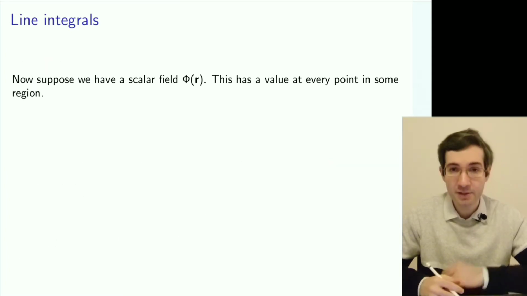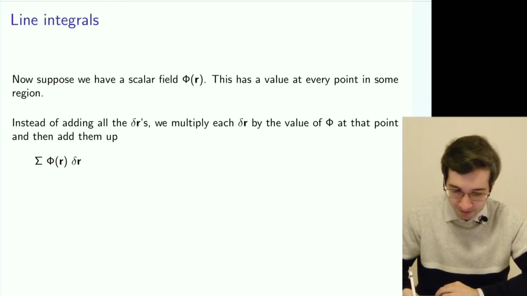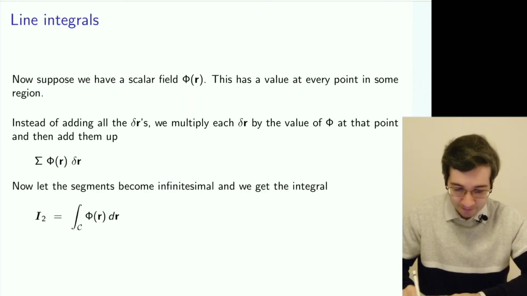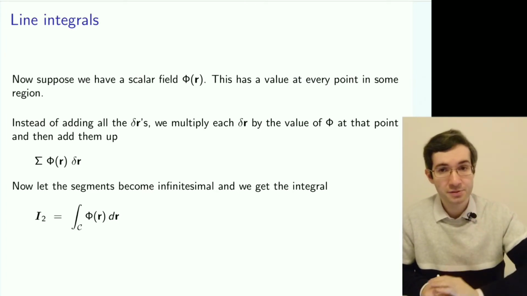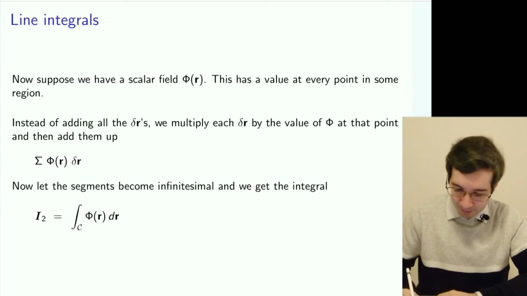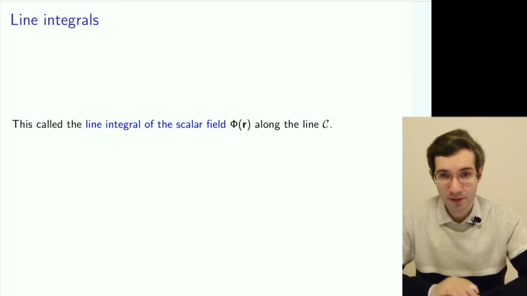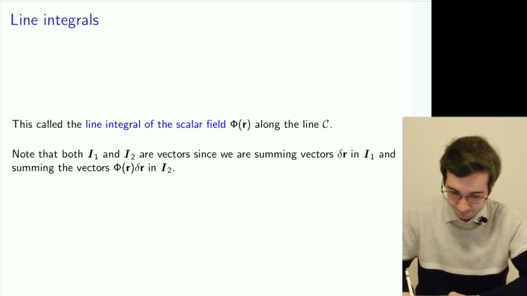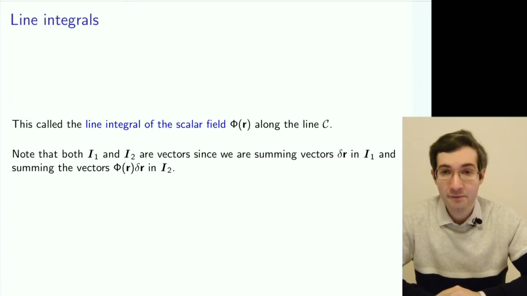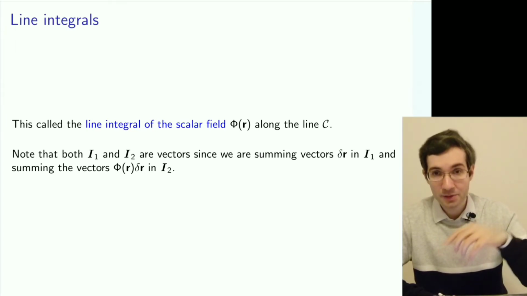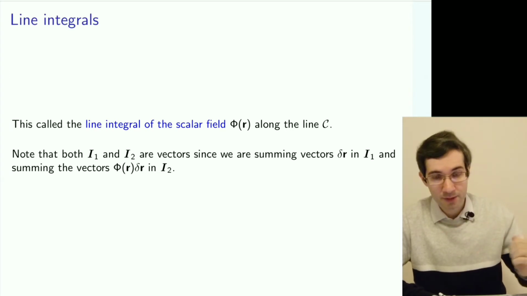What is much more interesting is if we take a field, let's say a scalar field, and multiply it by these elements and then sum them up. And in this case, we'll get another integral as we tend these little elements to zero. And that will be a line integral of the scalar field along this curve. And the integral itself is a vector. So both of these integrals so far were vectors, because we took a vector, multiplied either by 1 to get the vector or by a scalar field, and then summed them up. So that will be vectors.